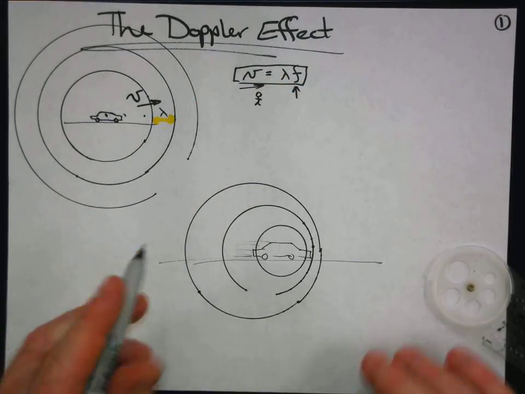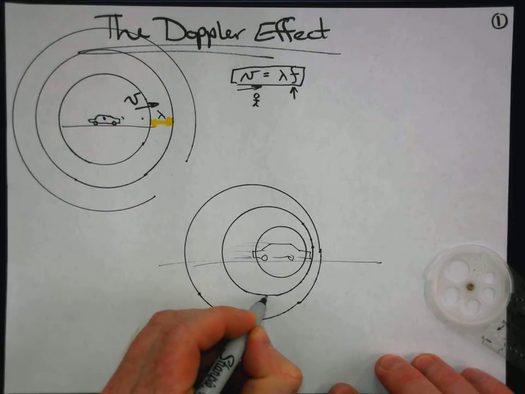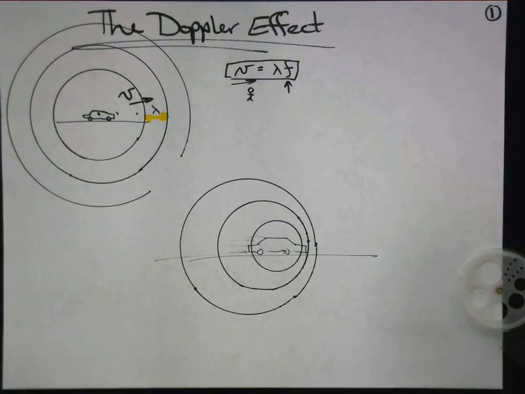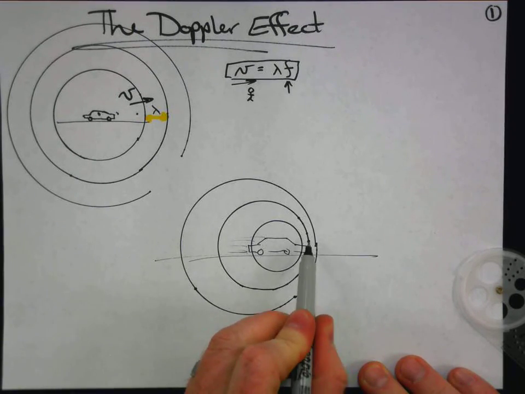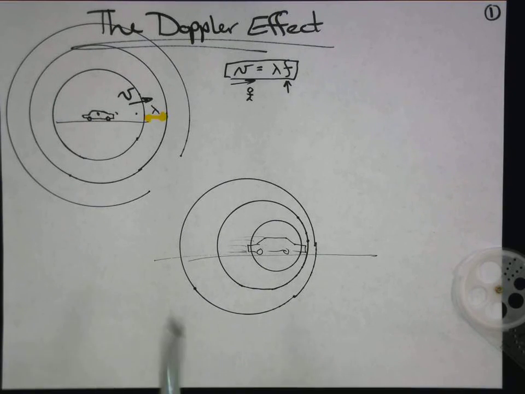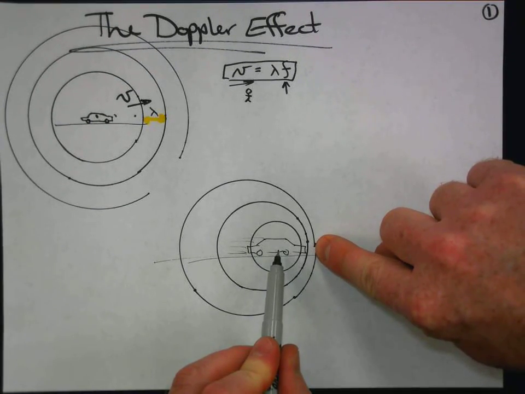Okay, so check this out. A little incomplete circle here. Don't worry about that. Now, we can see, in effect, the statement I've just made. Let me reread it for you. The car will always be closer to the leading edges of the waves. These are leading edges of the waves. Than it is to the trailing edges of the waves. So the car is closer to the leading edge of that wave than it is to the trailing edge of